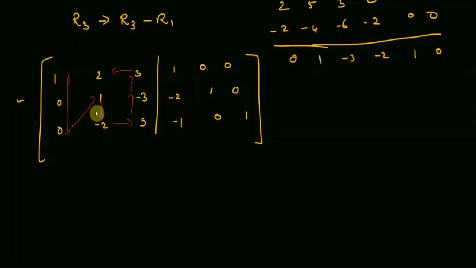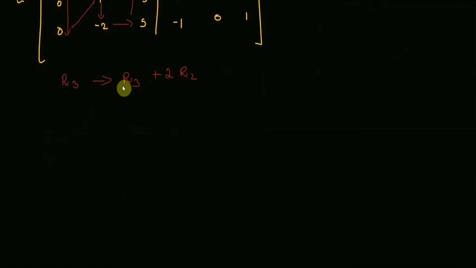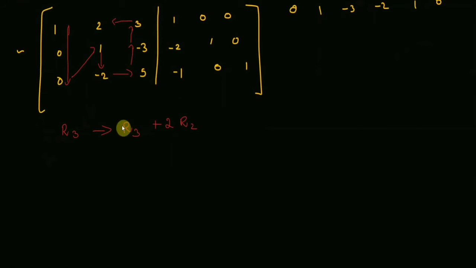So already this is 1. Now I have to make this 0. How do you make it 0? R3 becomes R3 plus 2 times R2, because there is a minus 2 here, so you have to make it plus 2. So plus 2 times R2. So that is equal to